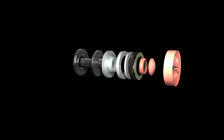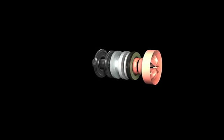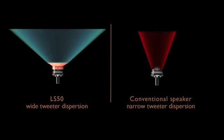For the LS50 project, we were very fortunate to be able to draw on the driver technology from the Blade to develop a really special UniQ for the LS50. The LS50 high frequency unit has got a tangerine waveguide and optimum dome shape to produce a spherical wavefront. This together with the Z-Flex surround gives very wide dispersion, allowing a very spacious sound to be produced with a